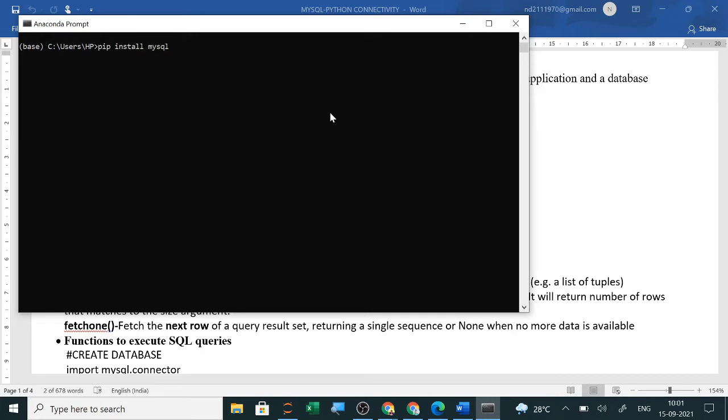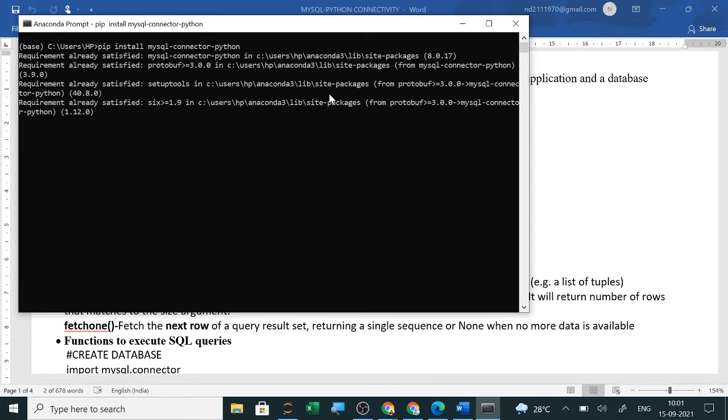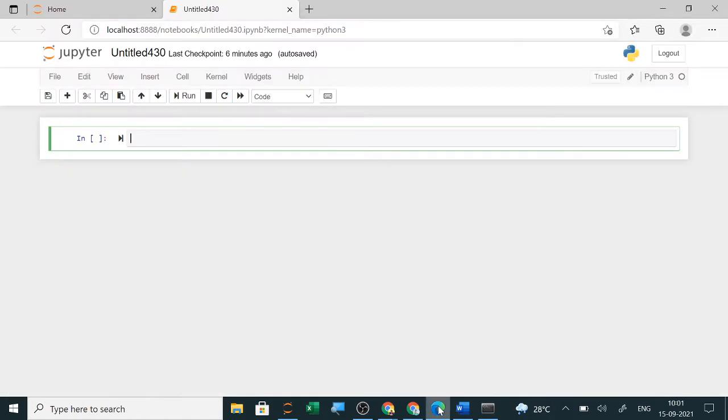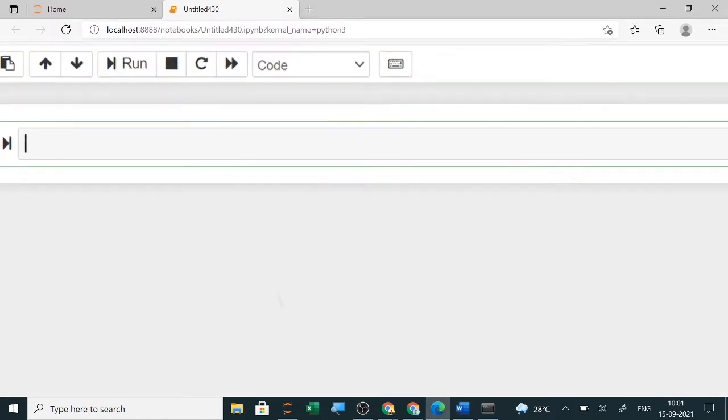MySQL connector Python. When you install it, only then can you import and use it. See, here it is written "requirement already satisfied". You can check by opening Jupyter, like I have opened here.